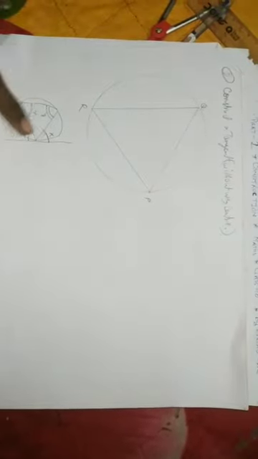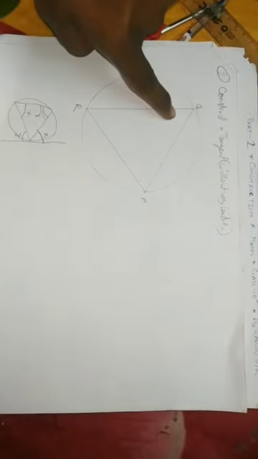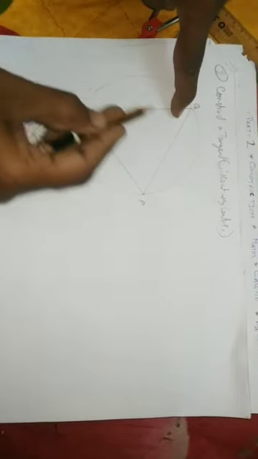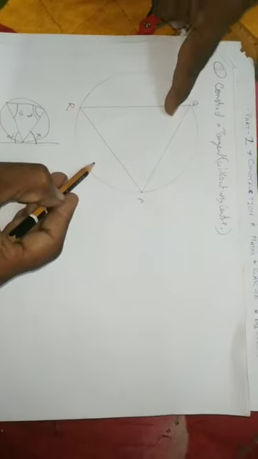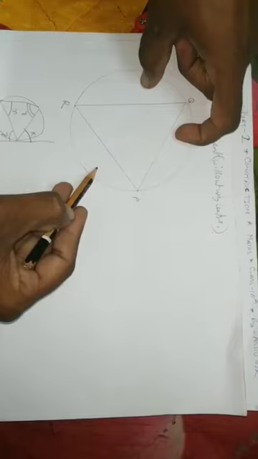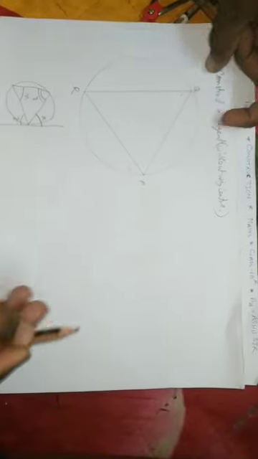We want to draw a tangent from point P. So from point P, we have to draw an equal angle, either X or Y. Suppose we take angle X equal, Y angle equal. So here, alternate segment, that is 1 segment, 2 segment, 3 segment. These 2 segments are beside this one. This is called the alternate segment. So we have to draw this angle equal to here.